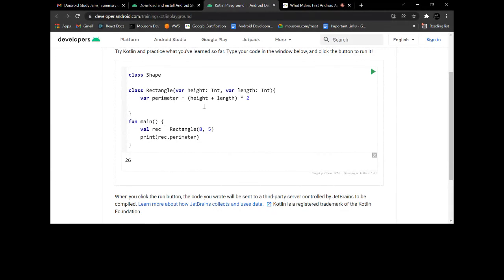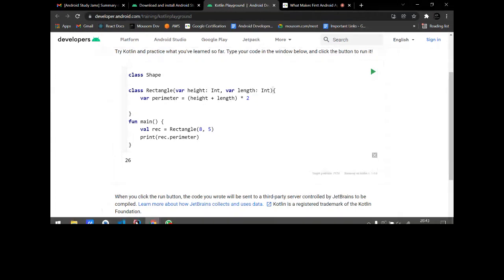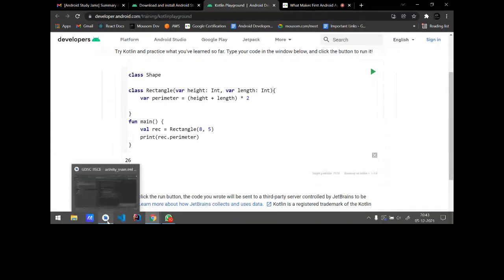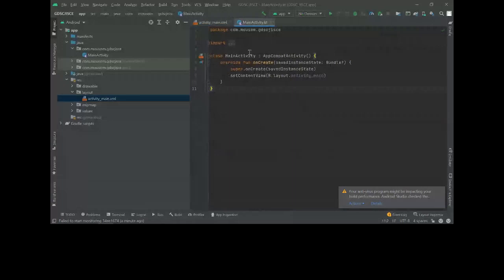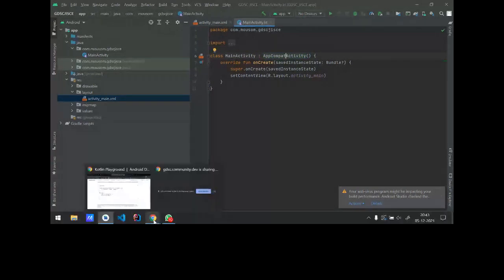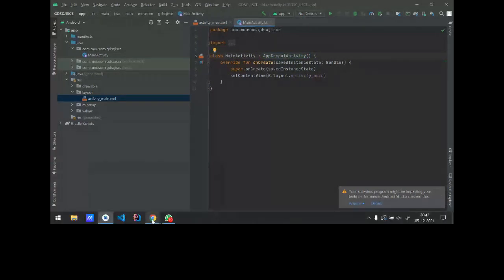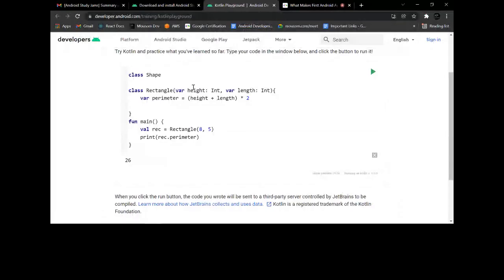One thing we can do is just inherit this thing. I think you remember that inside our Android Studio project, there is also a class MainActivity, and it inherits from AppCompatActivity. So this is also a class, and here also we can do the same. We can inherit from this class. Inside this class there is nothing, but we can do that.